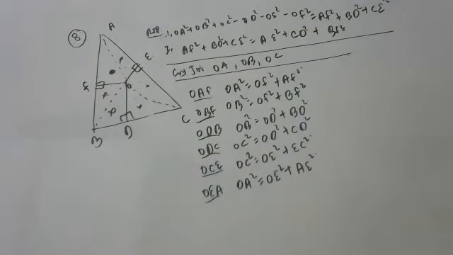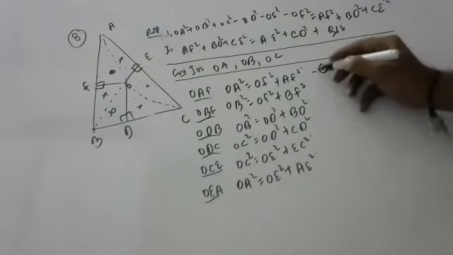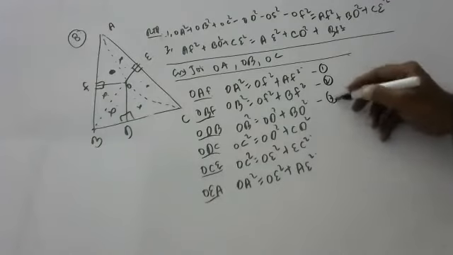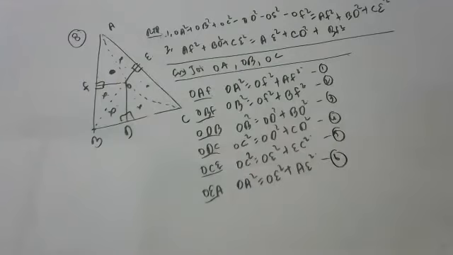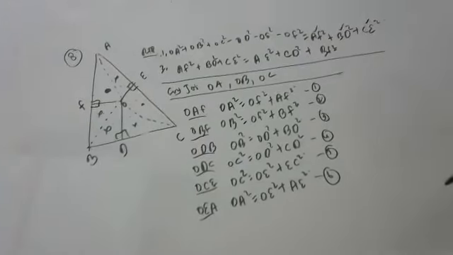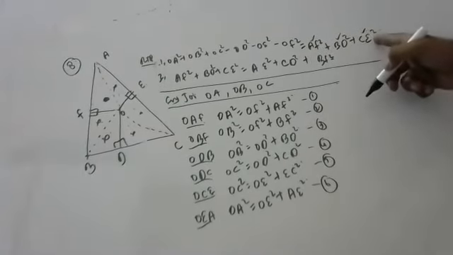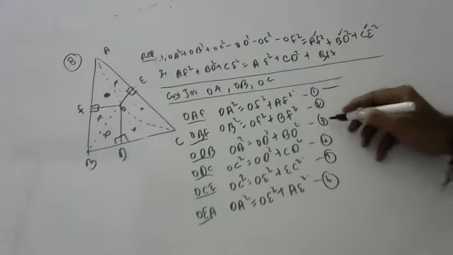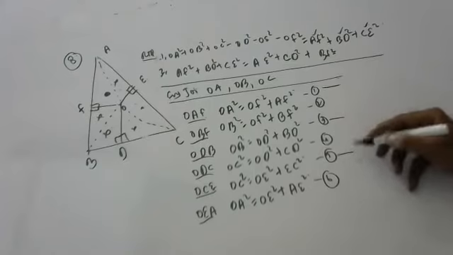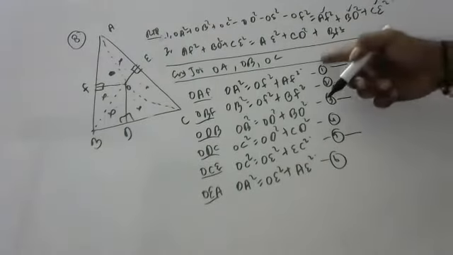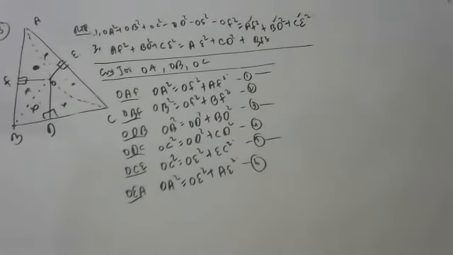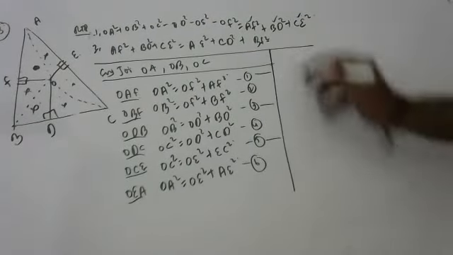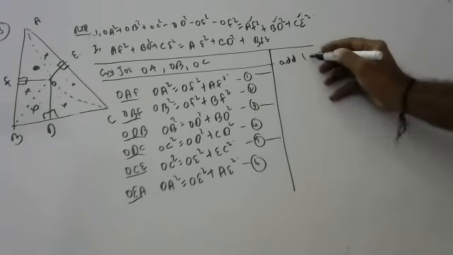So children, this is equation 1, 2, 3, 4, 5, 6. So children, see the question. According to the question, AF is there, BD is there, CE is there. So according to the question, I will say add 1, 3, 5 equations. Everything we do according to the question, children.